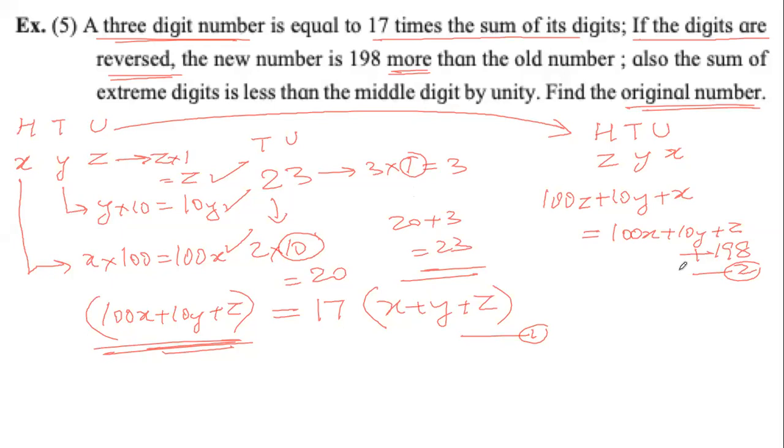Look at the third statement. The sum of the extreme digits. Now we are back to this number. Sum of the extreme digits. Tell me what I can write using mathematics. Sum of extreme digits. Waiting for your answers in the chat box. Or if you want to speak, speak. It will be faster. Sum of the extreme digits.